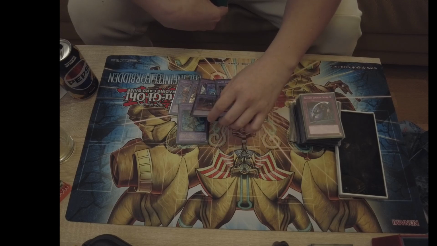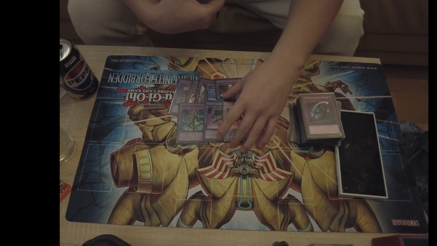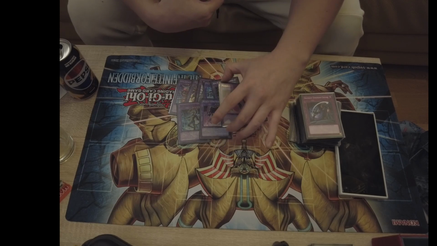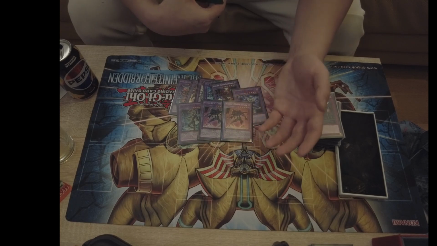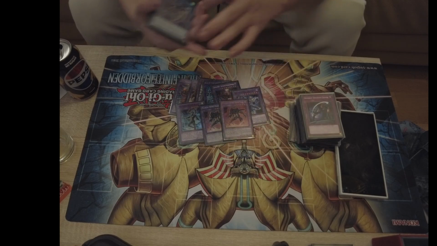And for myself, if I see that I play against Snake Eye, sometimes I just like to play the 2 Dark Laws just to make sure that if they end up adding something with the Snake Eye Ash or some Bonfire, they have to pay for it. So that's it for